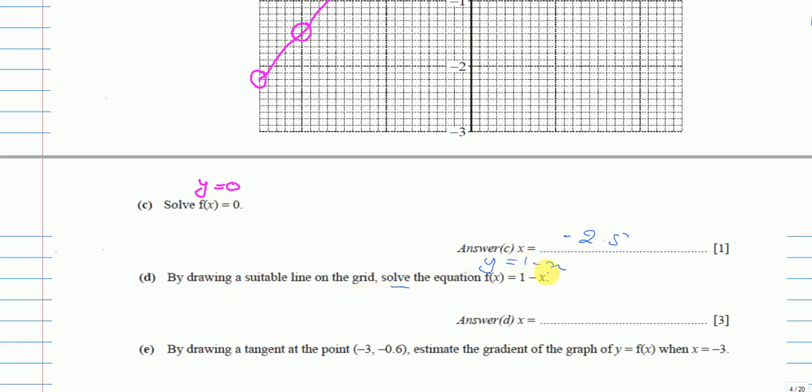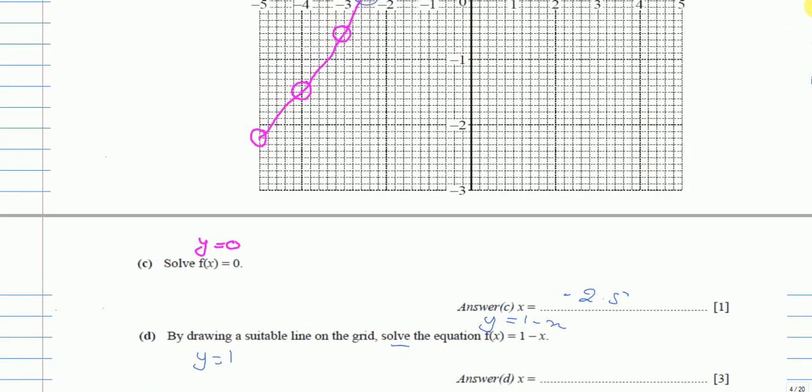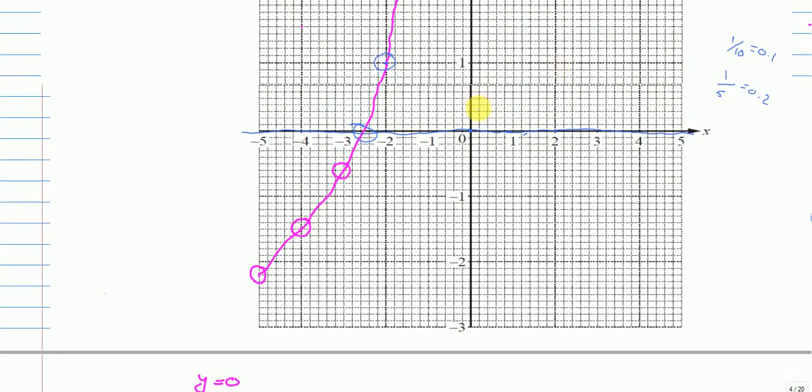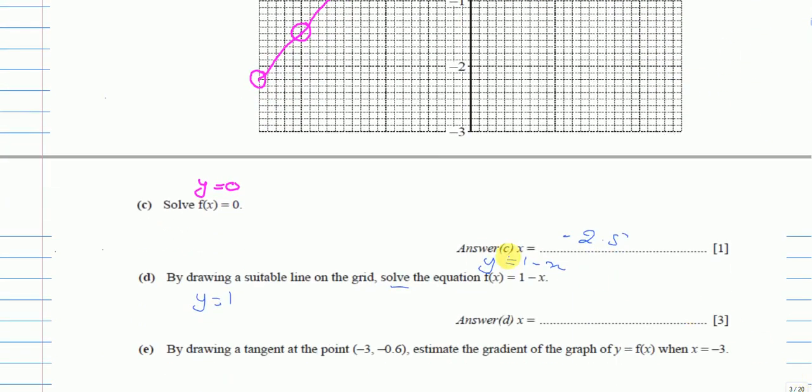For this one, all I need is 2 points. If I say x is equal to 0 here, it will become y is equal to 1 minus 0, which is nothing, so y is equal to 1. So I got one of my points: when x is 0, y is 1. This is my first point. And what about my second point? Let me say this time when y is equal to 0. So I will say 0 is equal to 1 minus x, and this negative x on the left hand side will become positive. So x is equal to 1.